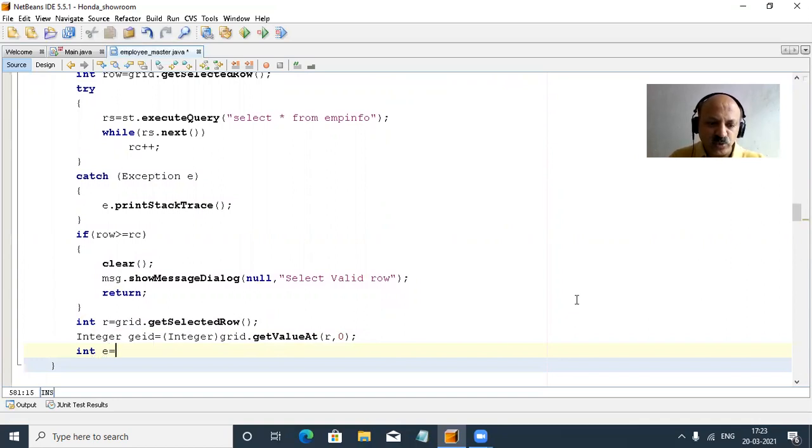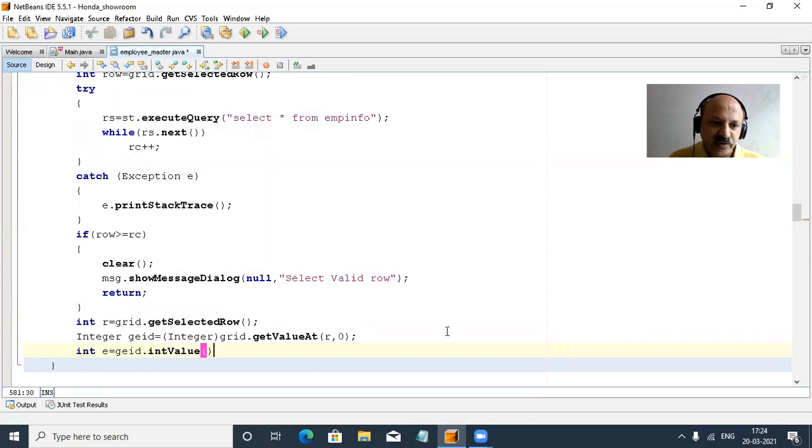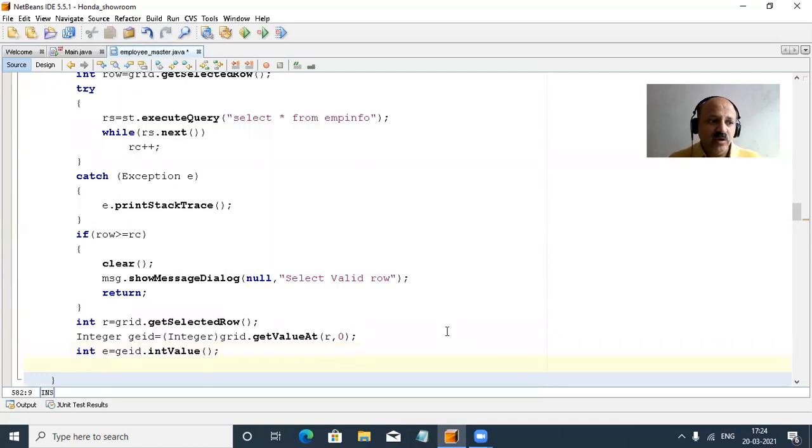And then GEID is the wrapper class, so we convert the Integer object type into int type. In Java there is an intValue method, so the Integer wrapper class object converts into a simple integer data type. That is perfect. And now we again take a try catch block.